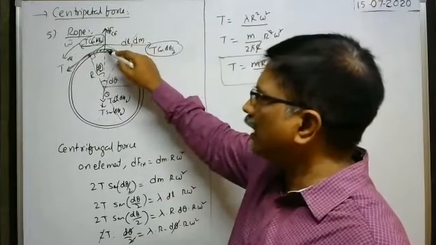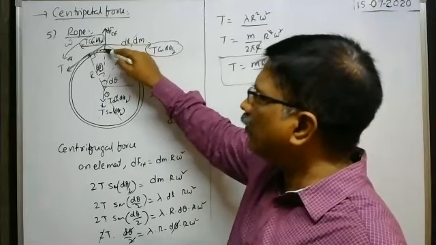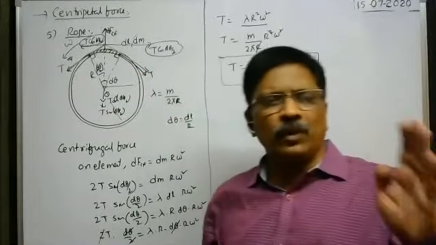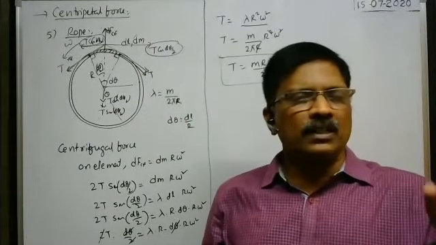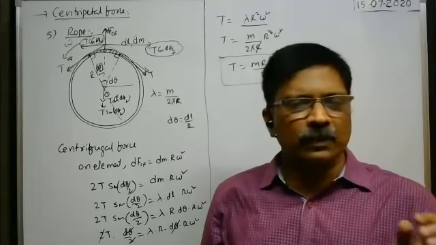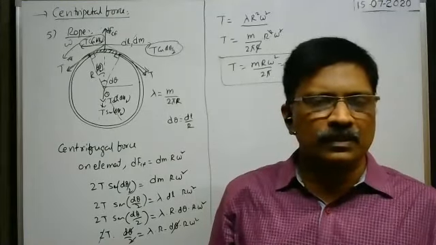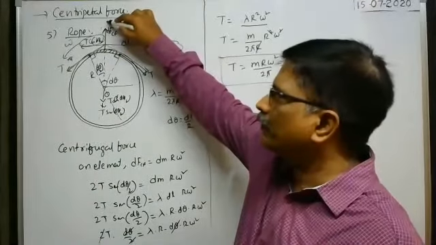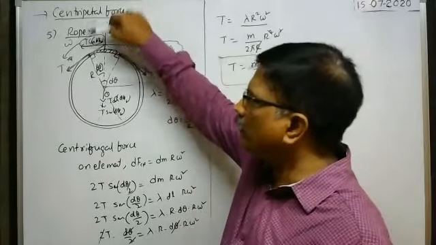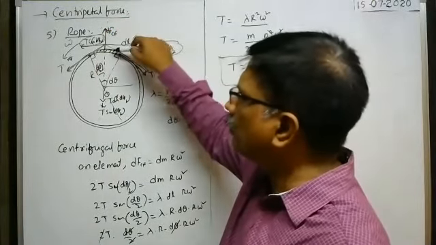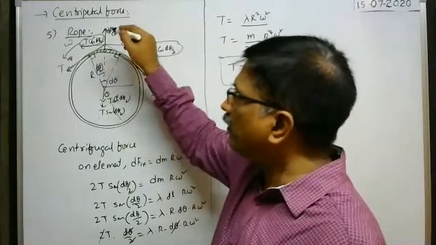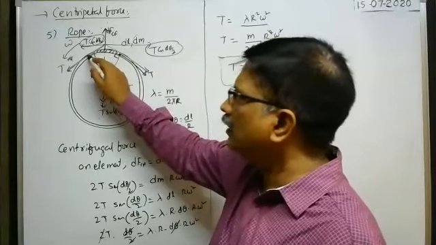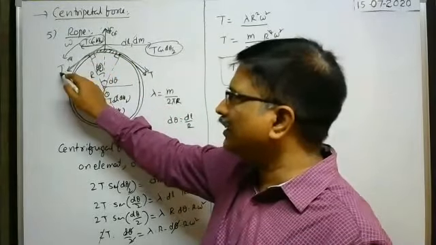Because of that rotation of the elements, every element experiences centrifugal force away from the center. If any body is making rotations, then every part of the body experiences centrifugal force away from the center. That's why this element tries to move away from the center, but the remaining part of the rope pulls this element and prevents it from moving away from the center by pulling with a certain force at this end of the element, which is called tension in the rope.